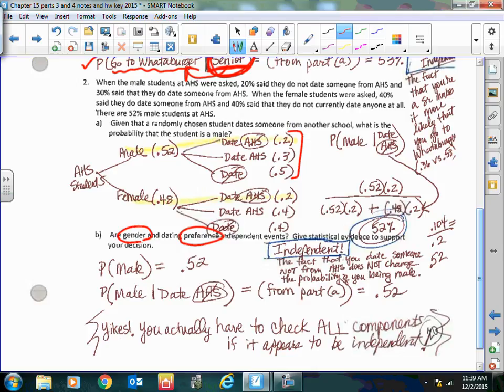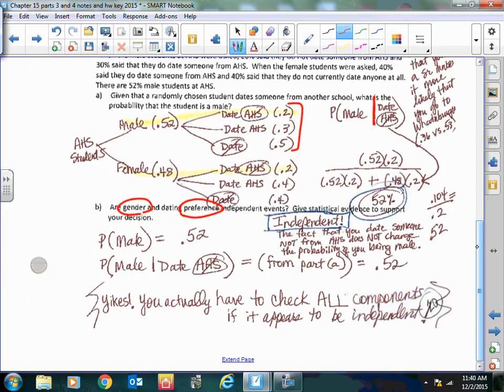All right, this next one had three pieces here. Dating somebody not from AHS, dating somebody from AHS, and not dating. And then it asked, given that you date someone not from AHS, it's a probability you're a male. That came out to 52%. Now,